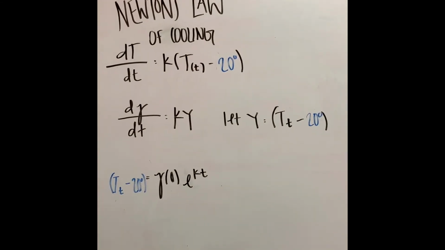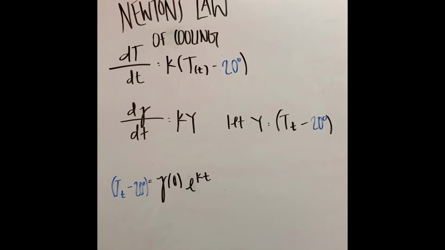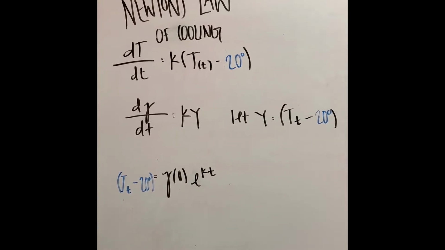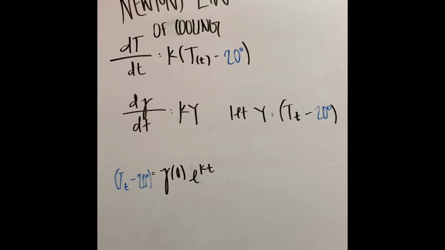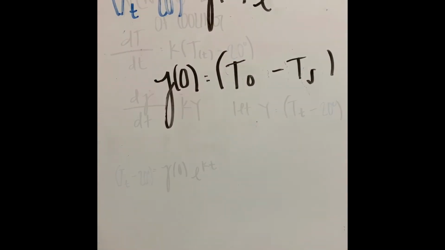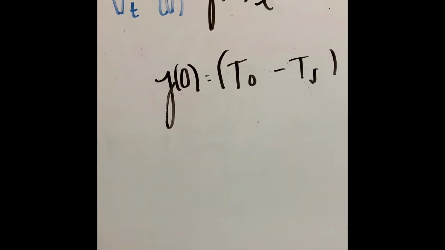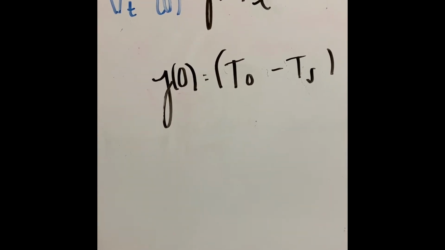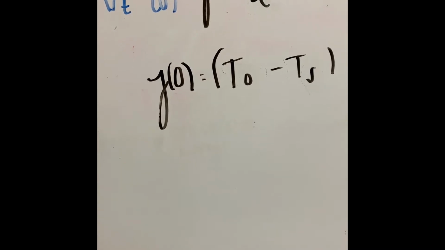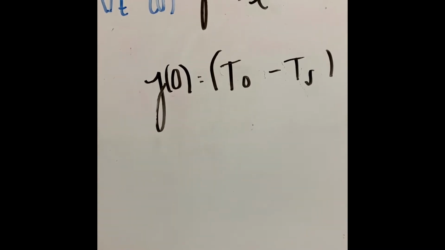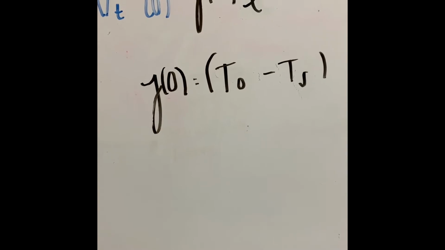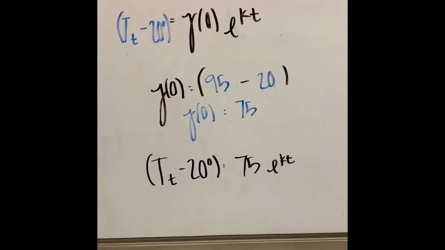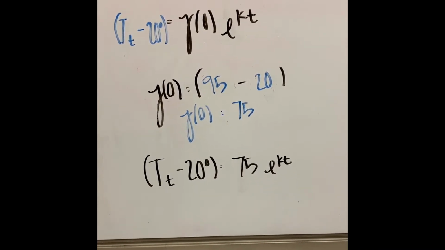The first step in converting these equations is we can put in the value 20 for the surrounding temperature because we know that that was the temperature of the cafe all day long. So those are the values that we put in blue. Now we have this equation that we're going to work with throughout the rest of the problem. So to solve for Y of 0, you take the temperature at 0 and subtract the temperature constant, or the temperature of the surrounding. So once we put those values in, we'll get Y of 0 equals 95 minus 20,